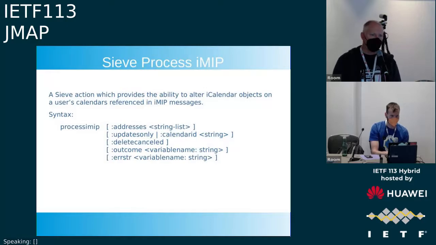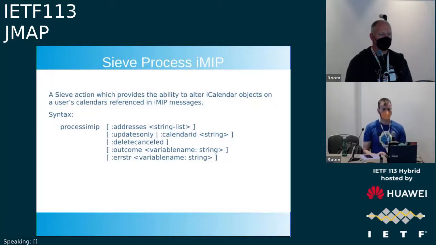Next set is a mutually exclusive pair. You can give it a calendar ID onto which you expect new invites to go, which goes back to our previous default calendar discussion. Alternately, if you do not want to get spammed with invites from untrusted users, you can tell the server to only process updates, meaning changes to an existing event on your calendar or a cancel, that kind of thing. Third option, we tell the server, if I do receive a cancel, please remove this from my calendar. And then the other 2 are optional if you've got the variables extension enabled.